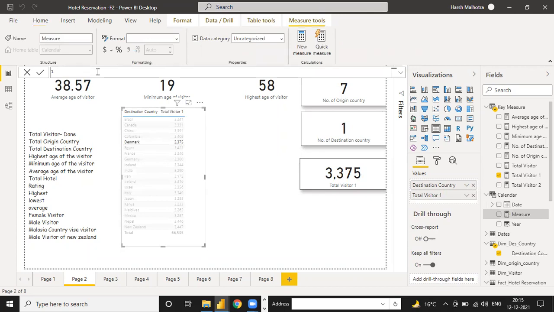So first we have to calculate the Denmark visitor. For the Denmark visitor, you have to calculate your visitor first and then filter it out on the basis of destination country.